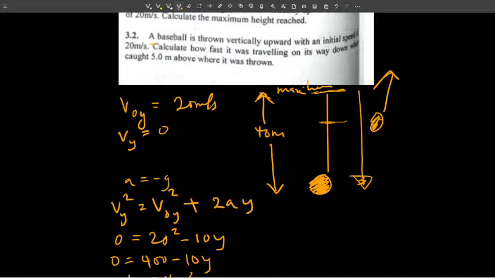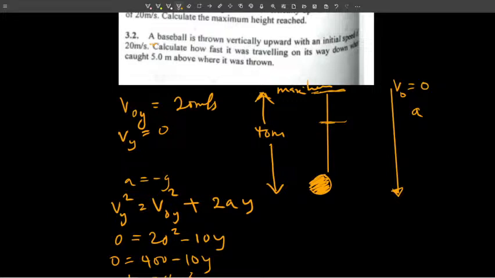When the ball is coming down now, at this point it is coming from rest. That means the initial velocity is zero. That's one. A is coming down now, so A is no longer minus G, but A is now G. Do you get it? What else? We're looking for the velocity of the basketball, so we're looking for Vy. But in this case,